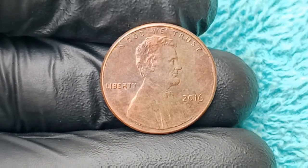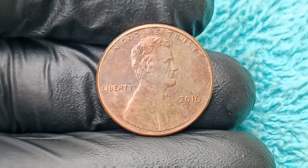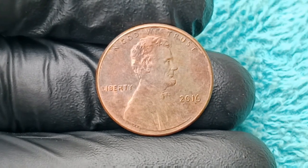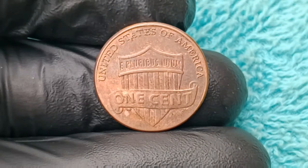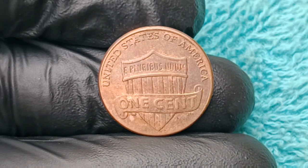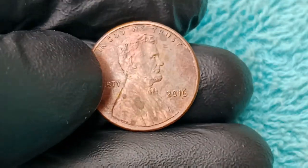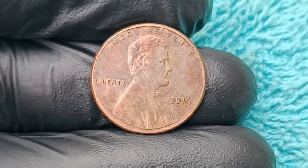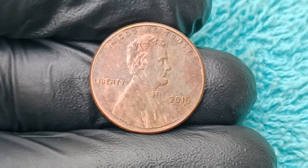And as if that wasn't enough, experts also discovered that the coin had been struck off-center by nearly 15%, a major misalignment that further increased its rarity and suggested serious mechanical issues during the production process at the mint, and when weight tests were conducted, it was revealed that the coin weighed slightly more than standard 2016 cents, which was impossible unless the coin had been struck on an incorrect planchet, possibly one meant for a foreign denomination or for